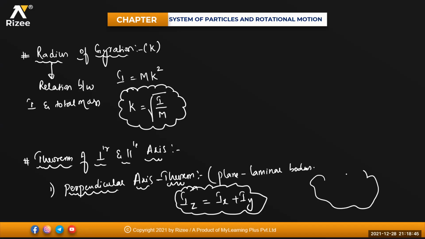Like say if this is your rigid body, so this is some point. I'm taking one axis here, another axis vertically, and this one is another axis. So this is your y, this is your z, and this is your x. All of them are perpendicular to each other. So the moment of inertia of this plane lamina about an axis perpendicular to the plane of the lamina will be equal to the sum of your Ix plus your Iy. Ix, Iy, and Iz are the moments of inertia of the body along your x-axis, y-axis, and z-axis.